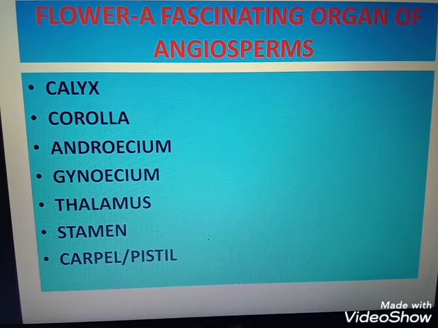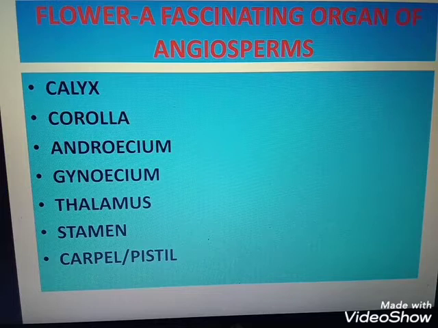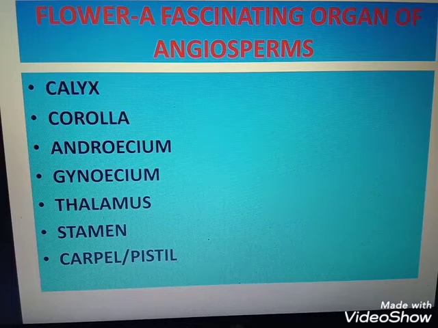The next question is, in the TS of mature anther given below, identify A, B and mention their function. The question was asked in 2009. Here is the picture of the TS of the mature anther, labeled A and B. You have to write what portions A and B indicate and mention their functions too.